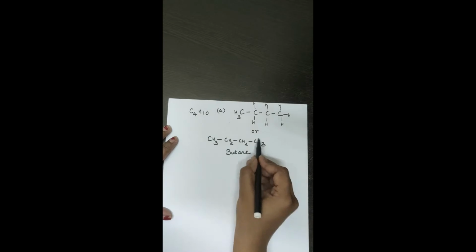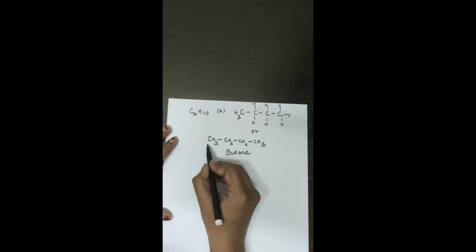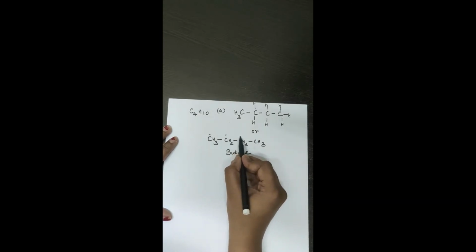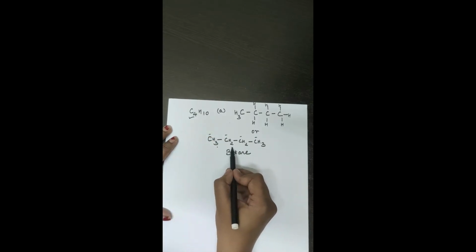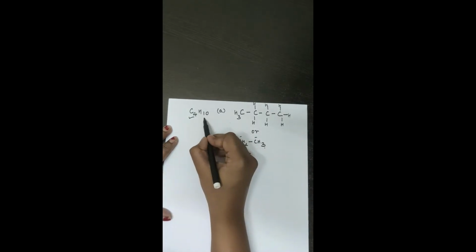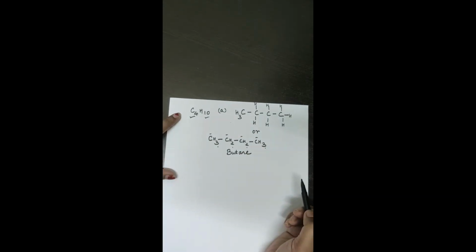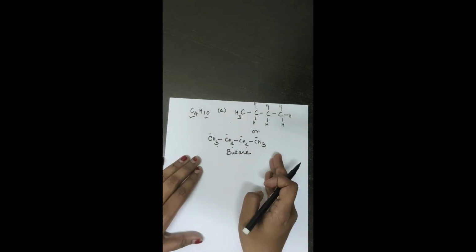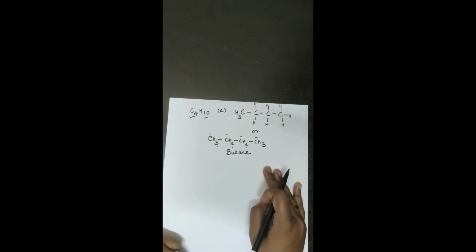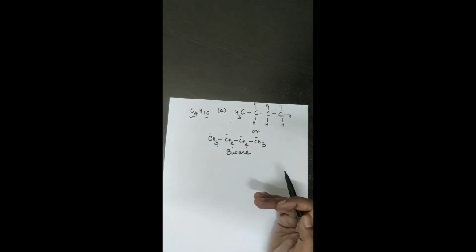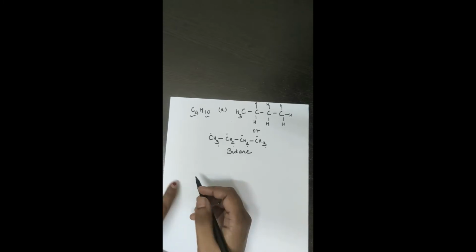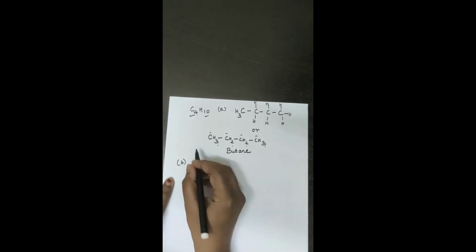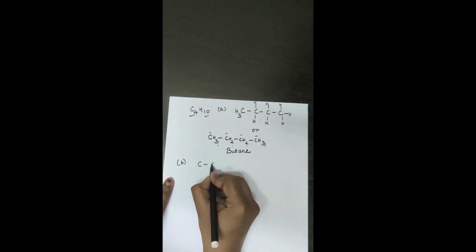Now here in this particular structure, how many carbons are there? 1, 2, 3, 4. 4 carbons. How many hydrogens are there? 3, 4, 5, 6, 7, 8, 9, 10. 10 hydrogens. So the molecular formula has been arranged in this particular way, so we can call it a structural formula. What is the other way of writing the same formula? That would also be an isomer. So this C4H10 can also be written as